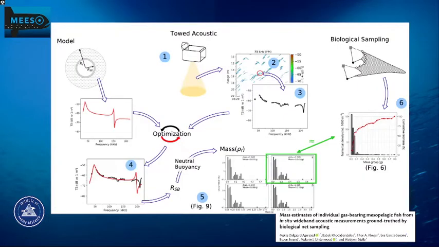The method can, however, be taken even further. One of the organismal parameters that can be estimated is the size of the air inclusion, in this case the swim bladder for fishes. If one assumes that the mesopelagic fishes are neutrally buoyant, and makes some assumptions about the density of the flesh of the fish itself, one can arrive at a direct estimate of fish biomass. This work was spearheaded by two of our very talented postdocs, and the method provides a completely catch-free approach to